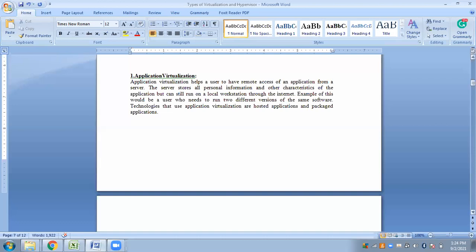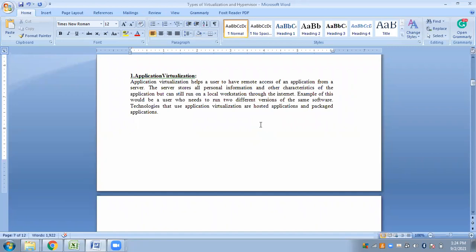Okay, so using application virtualization software, the IT administrators can set up remote applications on a server, and then deliver the application to an end user computer. For the user, the experience of the virtualized application is the same as the installed application on the physical machine.